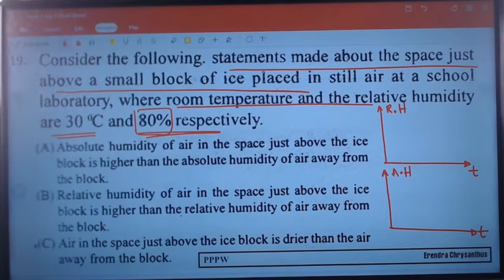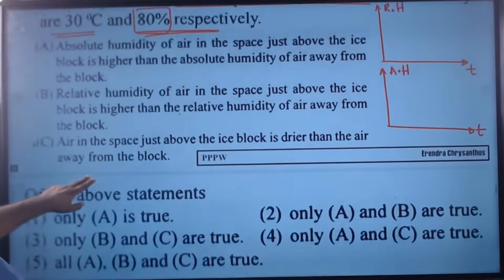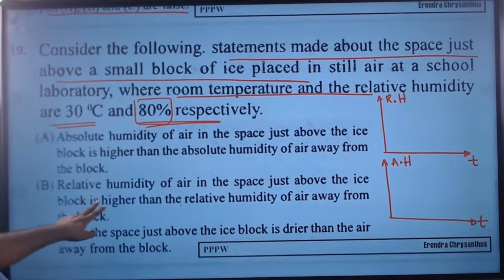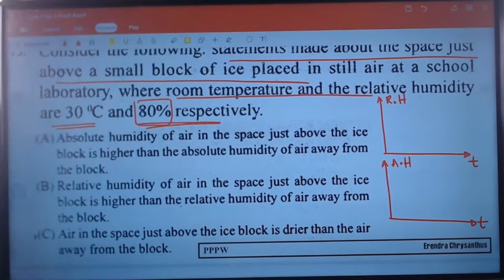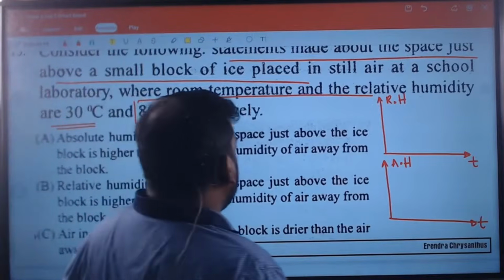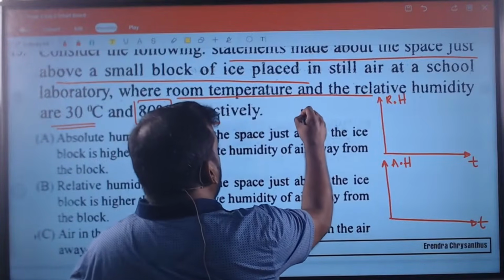Absolute humidity in the space above the ice block is higher than the absolute humidity of air far away. Interesting concept. Absolute humidity of air just above the ice block is higher than the absolute humidity of the air away from